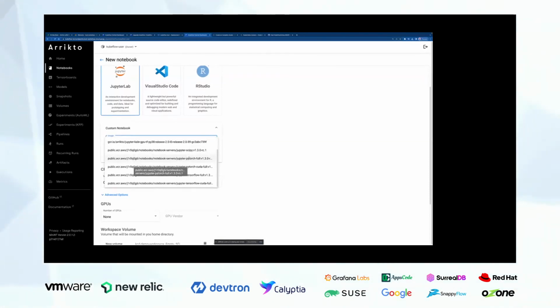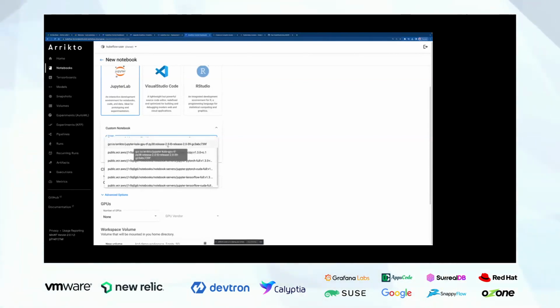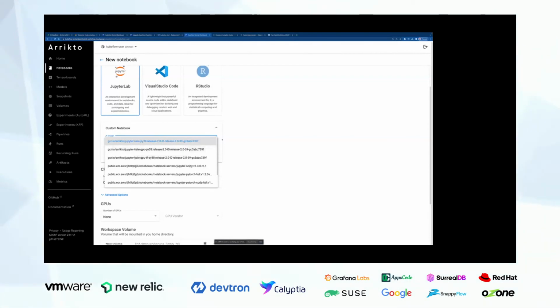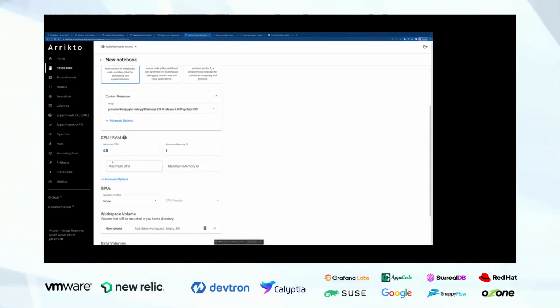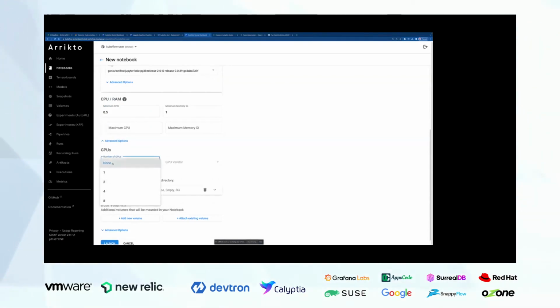Essentially, for your specific deployment for your team, you can create a Docker container that has Jupyter and all other frameworks that you need installed, hosted in GCR. You can directly use that container here to create new pods. Then give how much RAM and CPU you want to assign to this machine. Essentially, if you also want to use GPUs, how many GPUs, and what kind of GPUs you want to be used here.